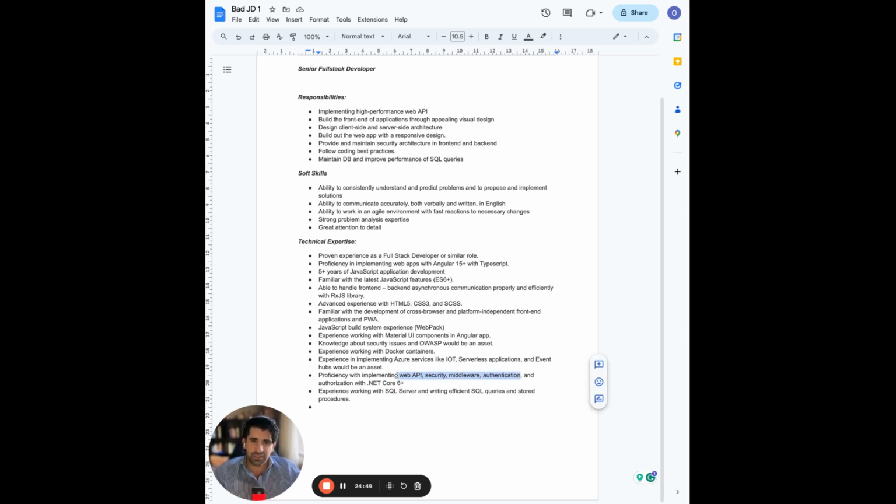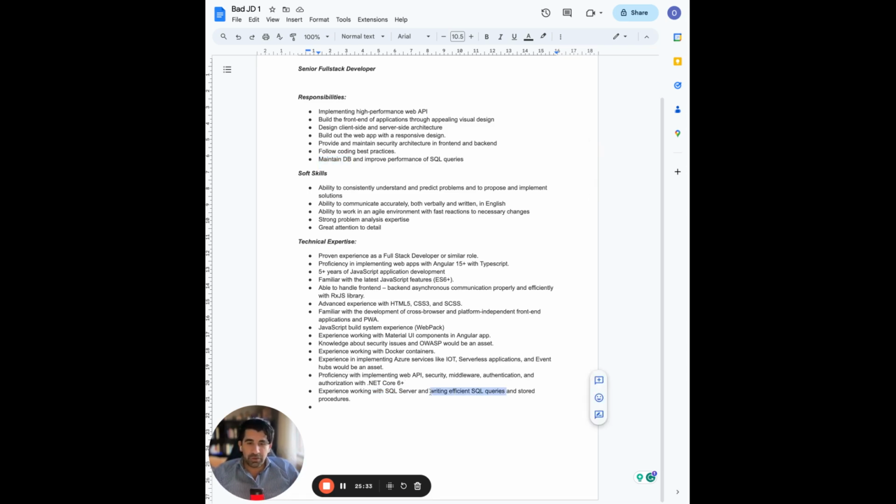Again, this is deep backend. This is not something simple. This is deep backend. I'm gonna go off the handle here a little bit because experience working with SQL Server, I'm assuming is going to be on Azure, so it's managed SQL Server. So it's just a database, to be honest, right? 90% of what we do is create tables, create columns, migrate, and populate data and CRUD operations. Okay, but they did say maintain the DB, so I don't know what that means. It could be maintain indexes, or it could mean something else.